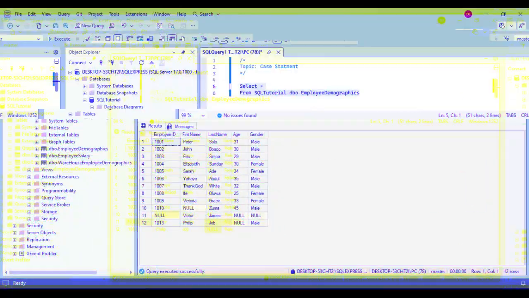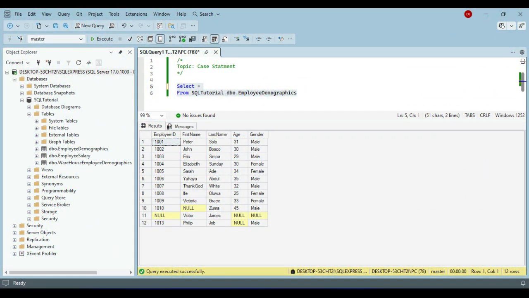Case statements, not in the court, but in SQL. Today we're talking about the case statements. Let's go. Hey guys, today we're going to be talking about the case statement, and we're going to be walking